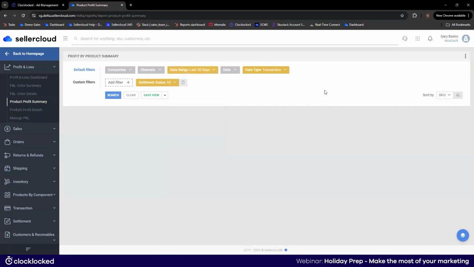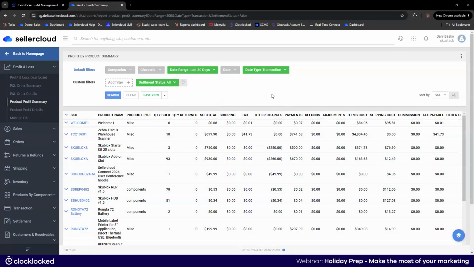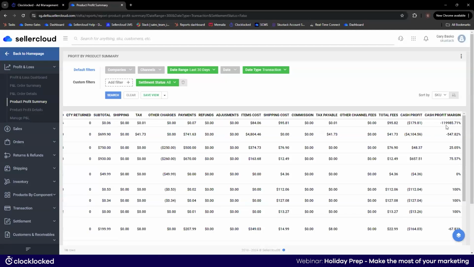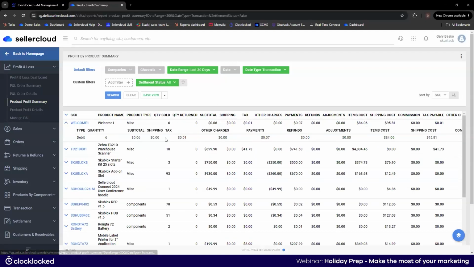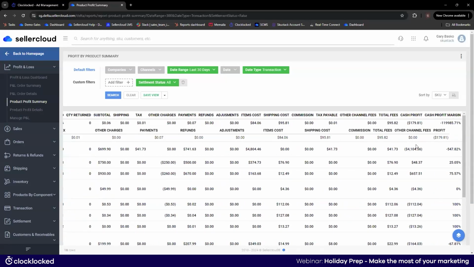And then we're going to go ahead and grab a date range here. And then from here is where we're going to be able to get a bunch of other information based on what we're selling, so we can get a more accurate profit margin on these different products for that time period. As for where you're going to be seeing those under what headers for the ad spend, it comes under other channel fees inside of the system